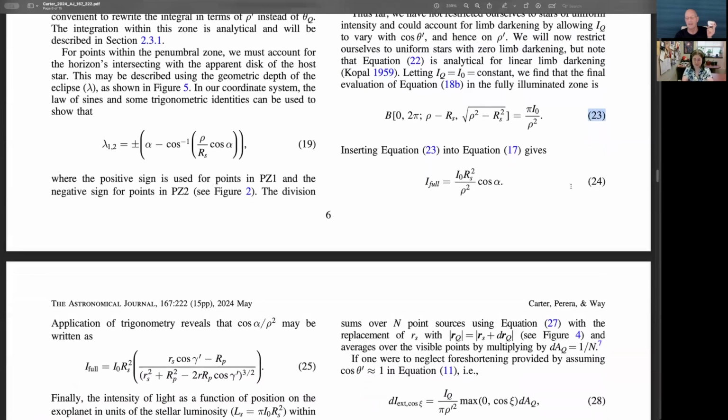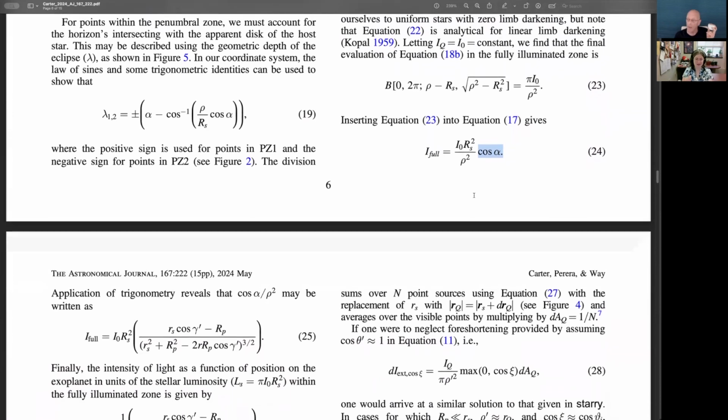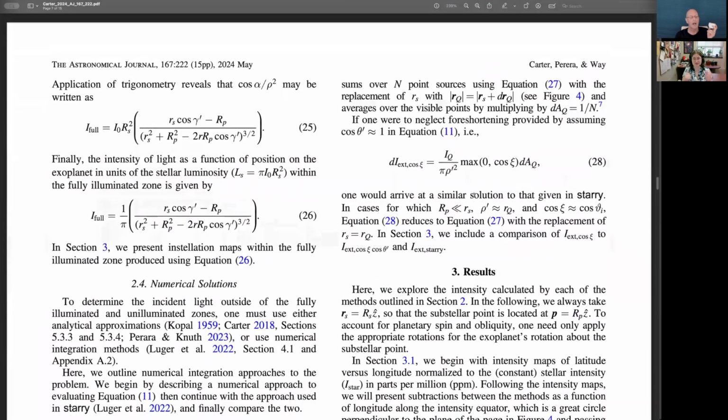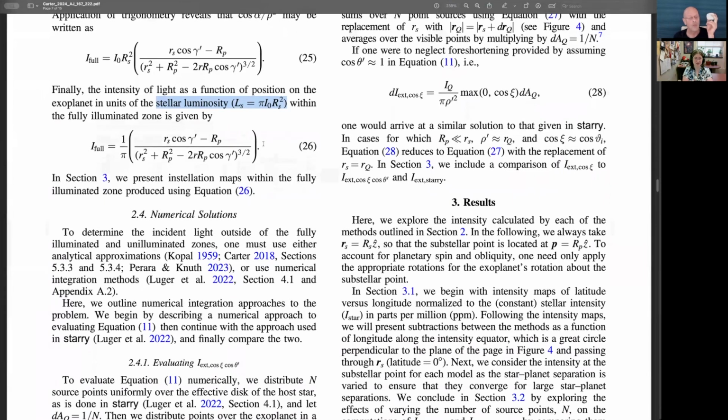Equation 24. And you see it depends on that cosine alpha and the separation between your point P and the center of the star, which is rho, as well as the size of the star, R_S. To make things even simpler, we're going to end up doing this in units of stellar luminosity. So if we scroll down a little bit for equation 26, we get that same idea where we make a substitution for cosine alpha and rho squared to get this in terms of cosine gamma prime. Because that makes it simpler to see that we again return to the plane parallel ray case